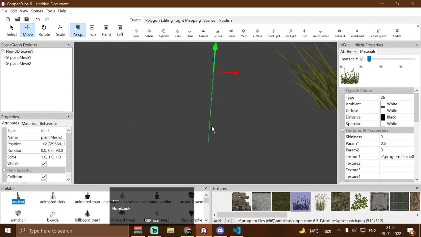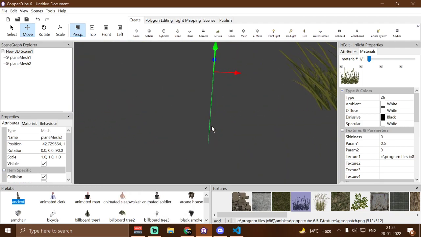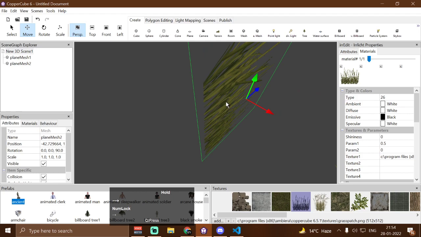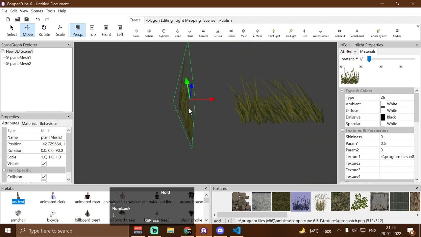The direction is not based on the vertex position of this 3D model or plane mesh, but in my shader it is actually based on the vertex position of this plane mesh. So you can supply different directions for different 3D objects. They all will have a different direction,